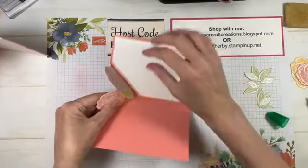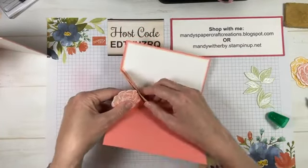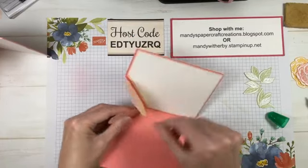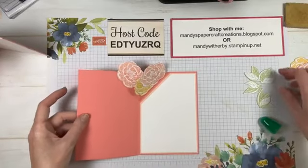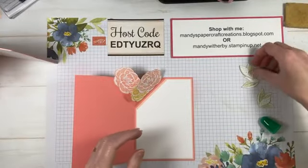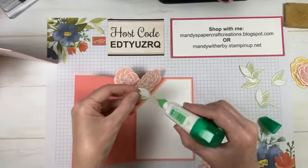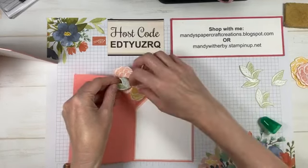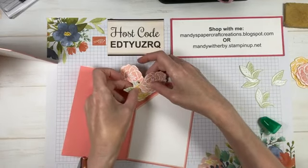So yeah, if you do have anything that goes over that score line in the middle, especially if it's tucking behind, you have to make sure that it's folded over. Otherwise it'll catch and it won't close properly. All right, so now we'll add our leaves. We're going to take 2 leaves, and I'm going to adhere them to the back of the yellow flower. Now, because that is sitting up free,